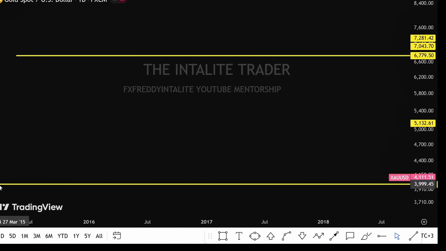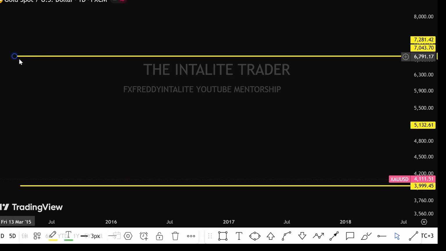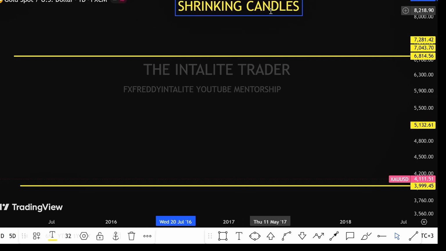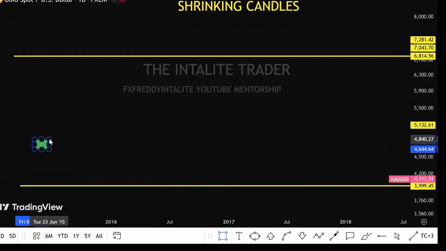We shall see these patterns on the charts. If you can understand the psychology of why they form, you will have no problem with trading. So let's look at what we call shrinking candles. When it comes to shrinking candles, you understand as price is moving, if this is an uptrend,